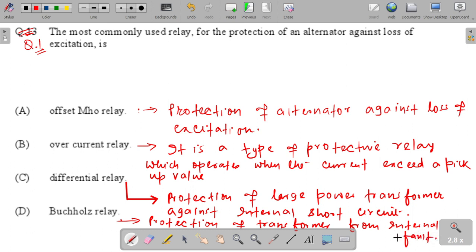So the right option for this question will be option A. Offset Mho relay is used for the protection of alternator against loss of excitation. So the next question is,